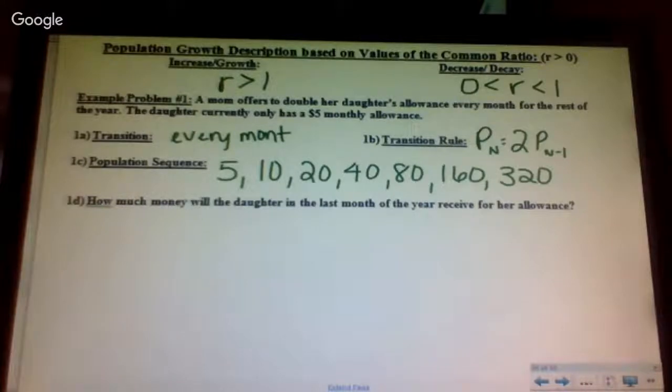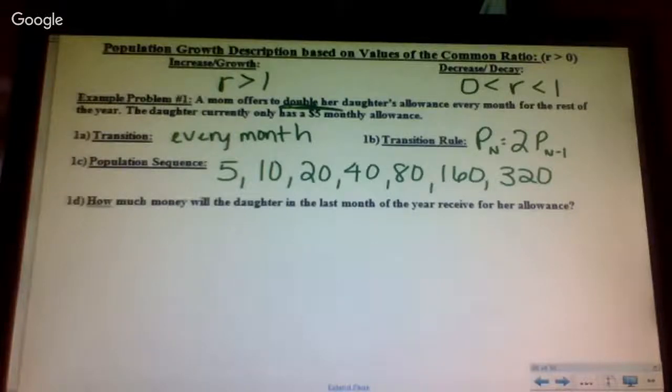Wait a minute. I don't get it. You don't get what? She gets $5 monthly. So the first month, times each one by 2. She said she's going to double her allowance. Oh yeah, double 5 is 10. Right. Then double 10 is 20, then 40. You're doubling each time. I'm gonna ask my grandma to do that for Christmas. I want to know how old she is, because if I'm like 5 and you're giving me $320 a month,